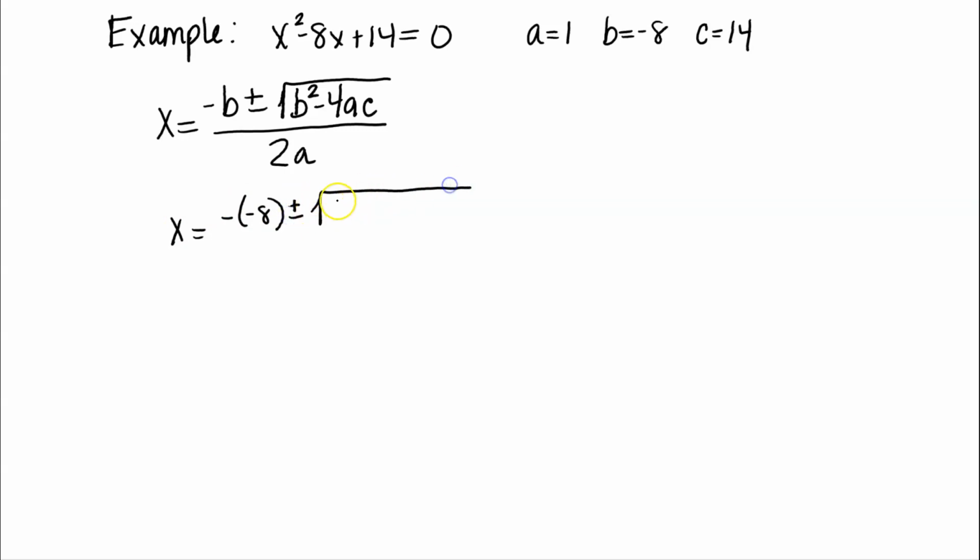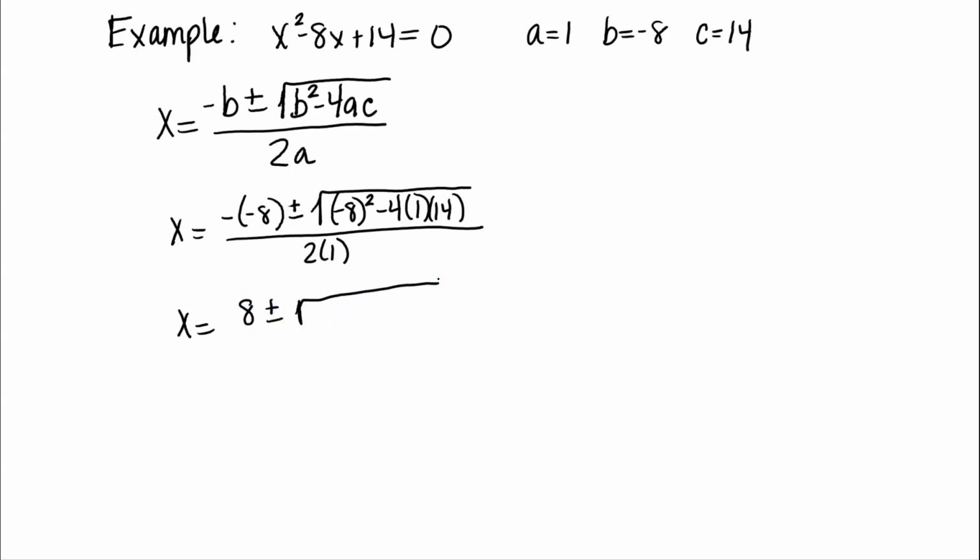minus the square root. Negative 8 squared, I want to square that quantity. So make sure when that goes into my calculator, I'm squaring that correctly. Minus 4 times 1 times 14. And that's all going to get divided by 2 times 1. Well, a negative 8 would give me positive 8 plus or minus the square root of 64 minus 56, all divided by 2. So x equals 8 plus or minus the square root of 8